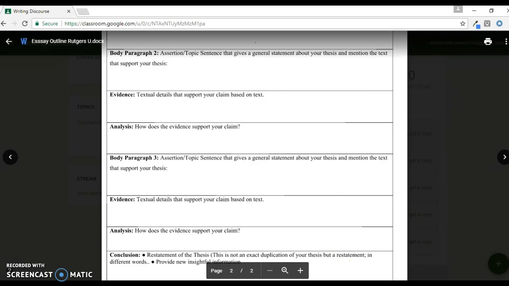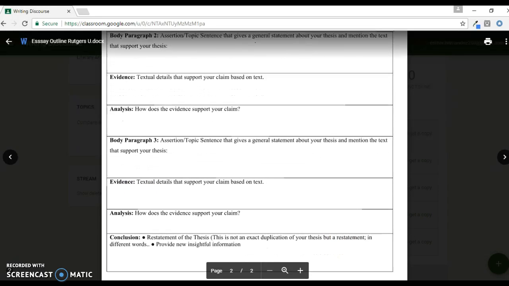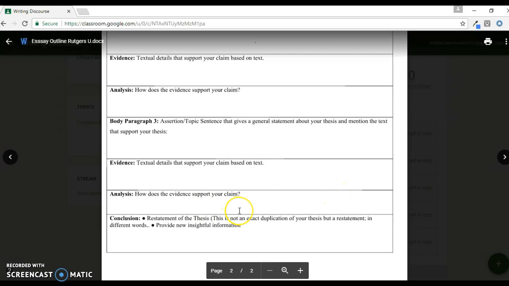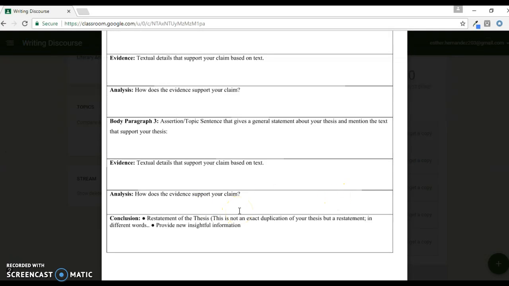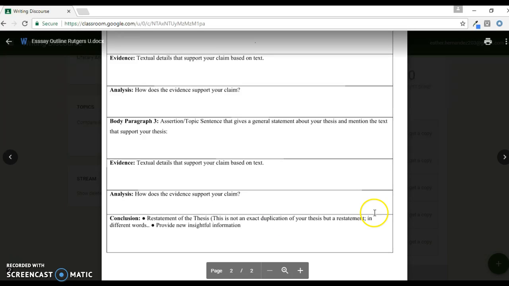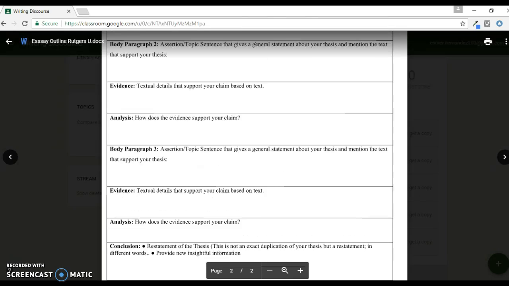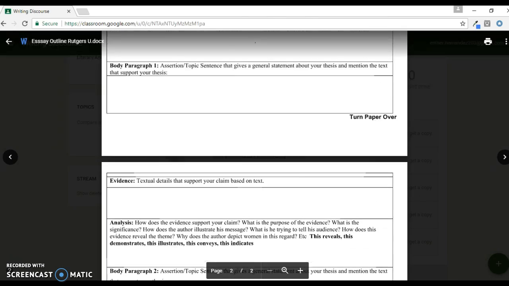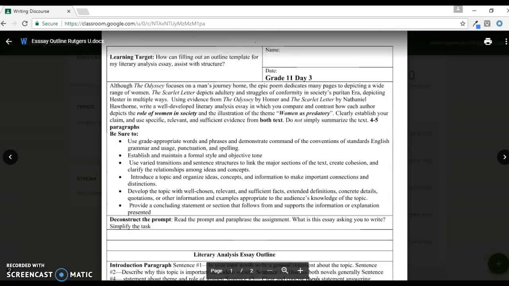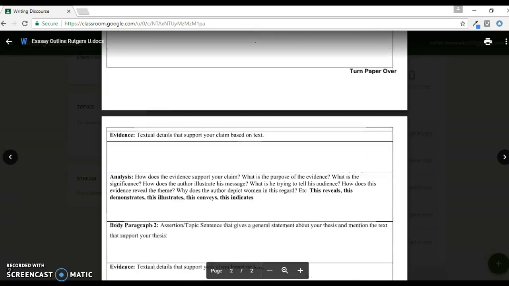And finally, here's the conclusion for students, where they restate the thesis. So it really helps the students think about what they need to do in order to successfully complete this essay. And if they've done this thorough outline, then they essentially have their essay completed. They just would have to rewrite it on